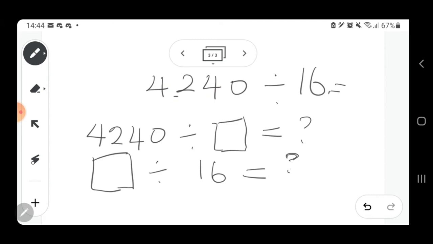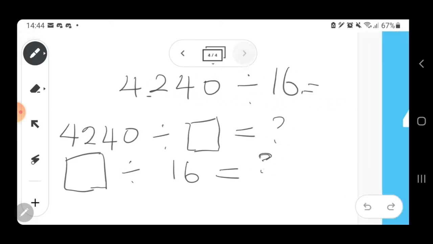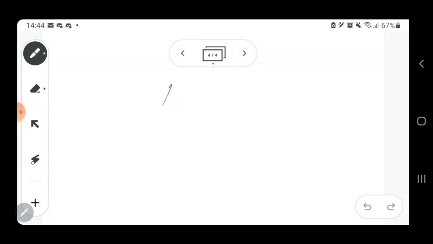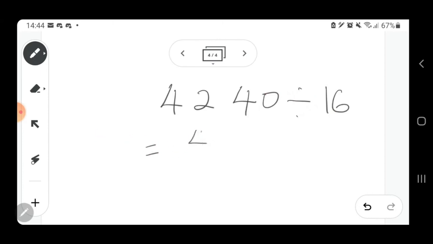It's very easy. Now again, in the different questions, there are different ways to get them done. But for us to do it, I'm talking about these two aspects. For us to do that, we need to go ahead and find the answer to this first. So here we go: 4,240 divided by 16. Like I said before, two ways to do it. You can easily just say